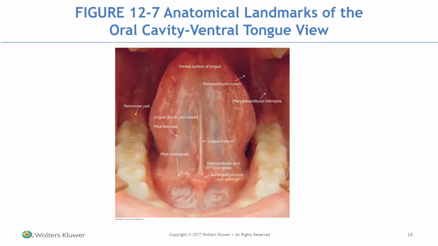Okay, so I do want you to look for the sublingual caruncle, and I want you to see that and where the submandibular duct is, so that you know where to milk it. Okay, and then notice